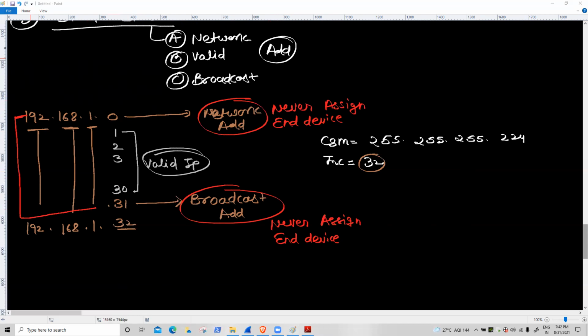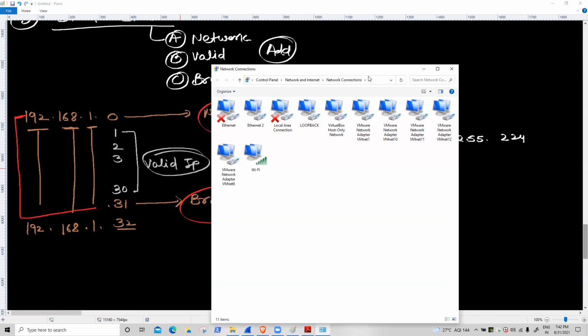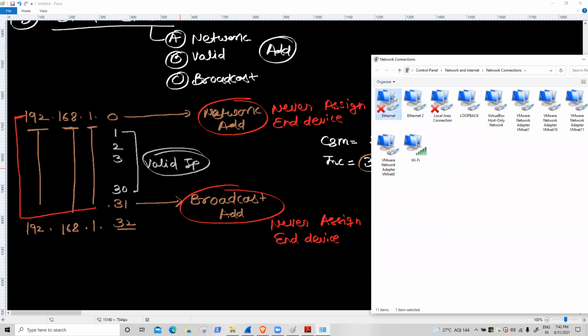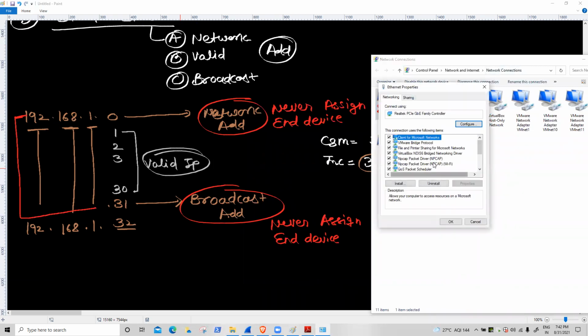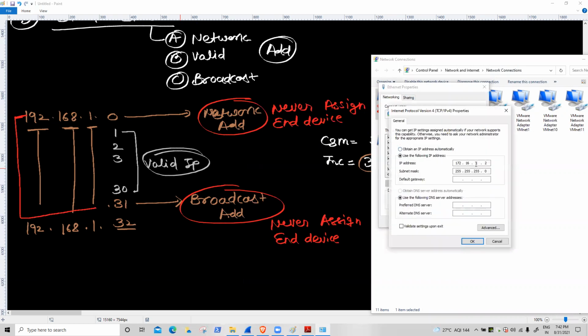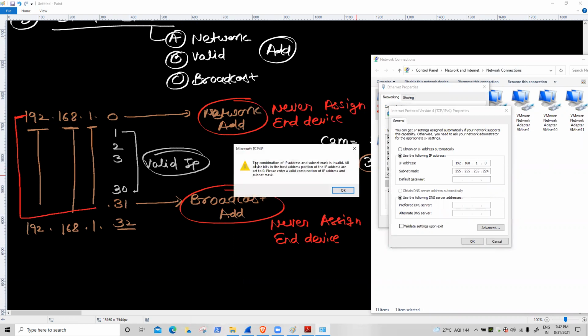Okay, right now how to identify? Go to ncpa.cpl and a very simple trick. Open your network adapter, IPv4 properties, obtain, then use the following. So I'm just trying to assign 1.0 and then the subnet mask is 224 customized. Read the error, dear.